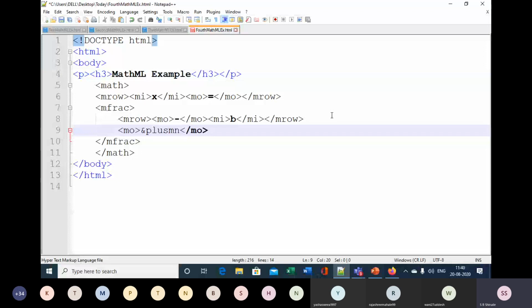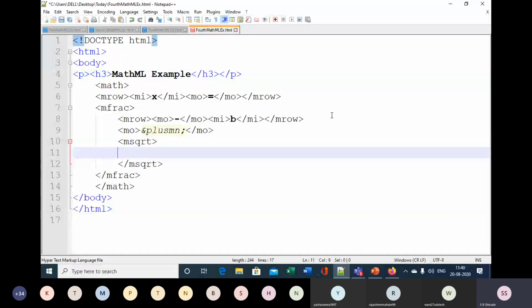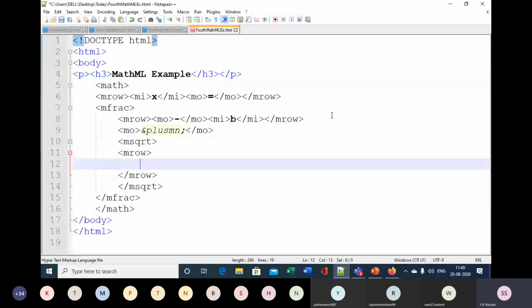So let us start msqrt. In msqrt we will put a group of the expression by using mrow, and in that first we will put b square. For b square, msup, and in msup the identifier is b and the numeric literal is 2.